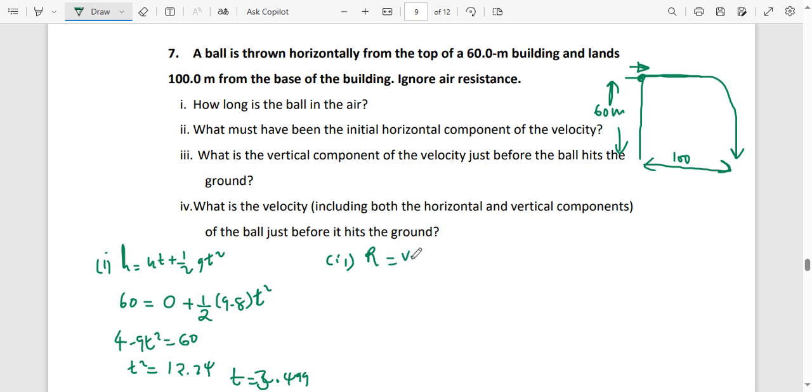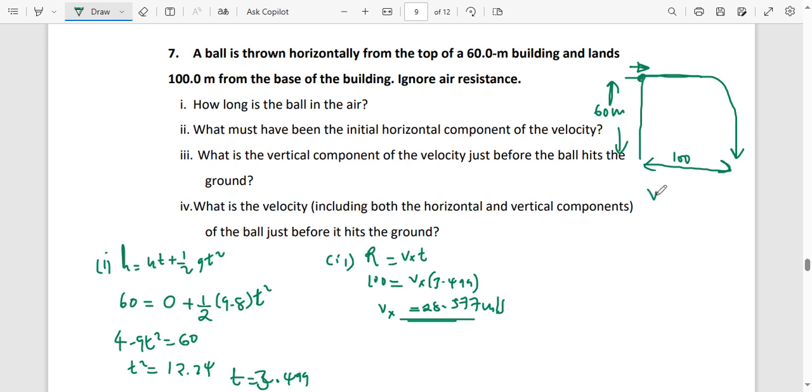Range is given by velocity in the x times time. The range is 100. Velocity in the x is what we want. The time of flight is 3.499. So to remain with vx, divide 100 by 3.499, and that is going to give us 28.577. And I've just said that the velocity in x is going to be the velocity because there was no y